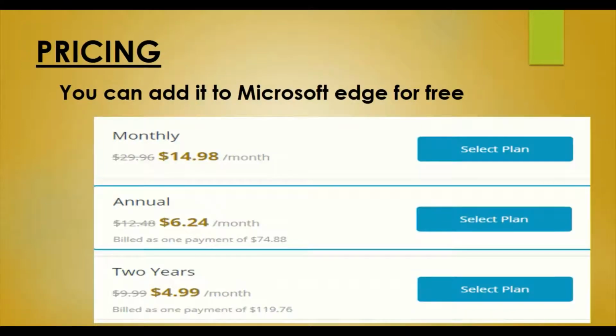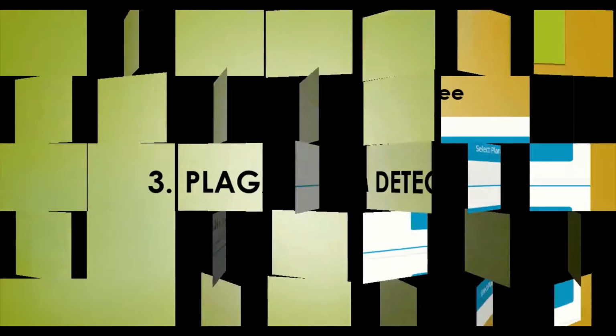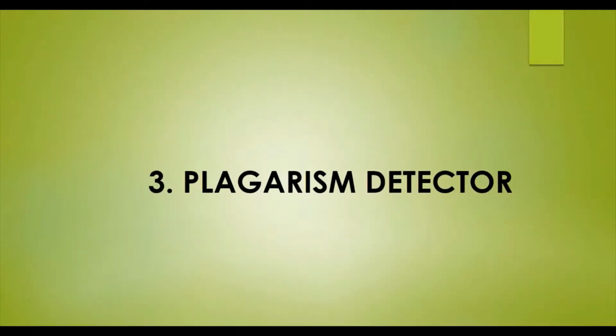When you talk about the pricing, it is around 14.98 per month, and if you take an annual subscription, it's around 6.24 per month. I felt annual to be way cheaper, but that is totally up to you if you want to use it annually or monthly. 14.98 is still affordable. You can also use the extension for Microsoft Edge for free. I'm not going to compare Grammarly and Ginger here, and since I haven't used Ginger, I'm not going to talk much about it.